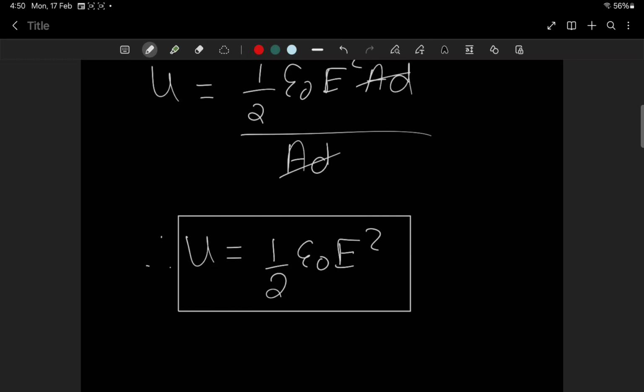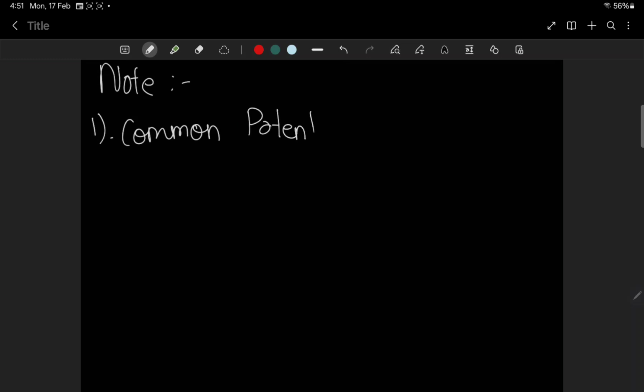So by this everything in NCERT comes to an end. Now some last important brush-up tips for physics. Let us note from this chapter. One is common potential. What is common potential? When a number of capacitors of capacitance C1, C2, C3 etc. and potential V1, V2, V3 having charges Q1, Q2, Q3 etc. are placed in contact, then their common potential is given by